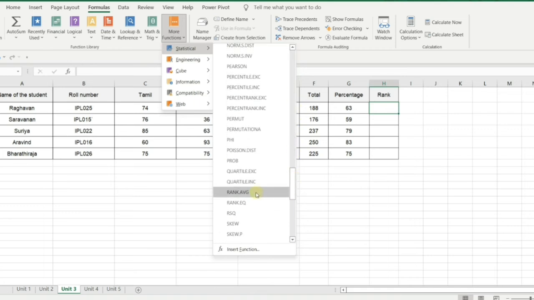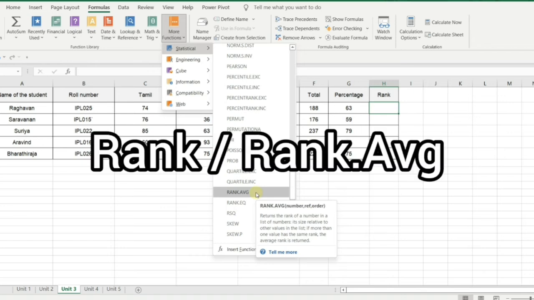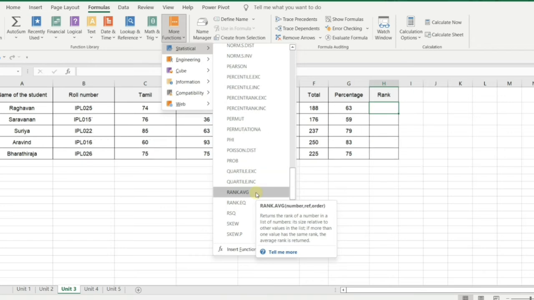Rank dot average. Make a note: if you are using any older version, it will show you as rank instead of rank dot average. Both are same, so the steps are same. I'm going to click and use this one. If you have rank, please feel free to use that in your practical examination.